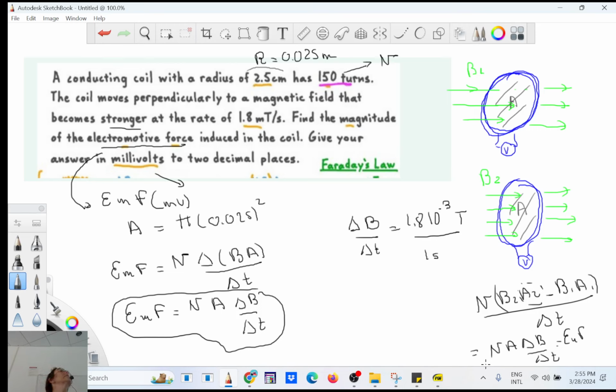Someone marked present and then is not here anymore. So anyway,